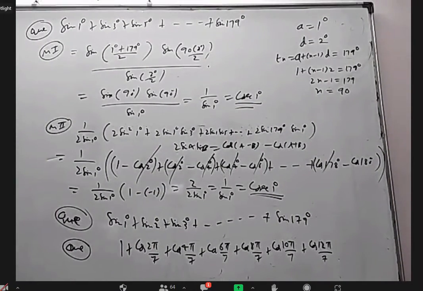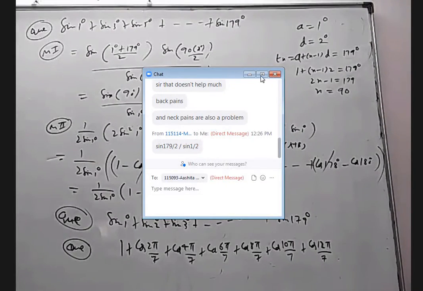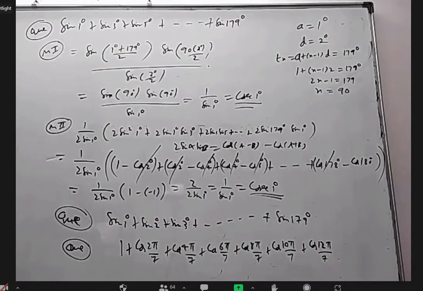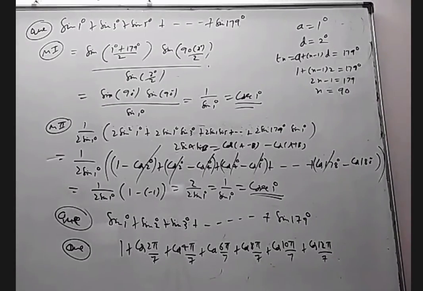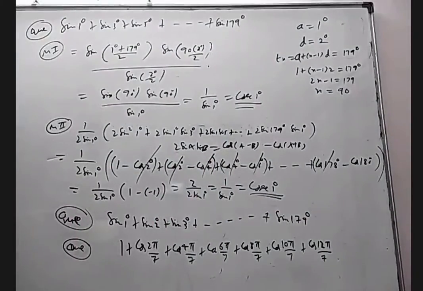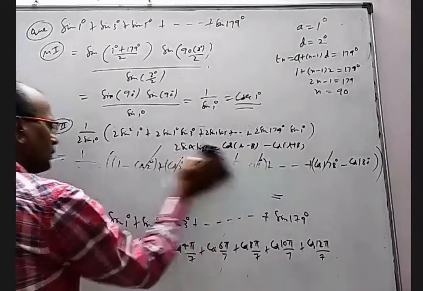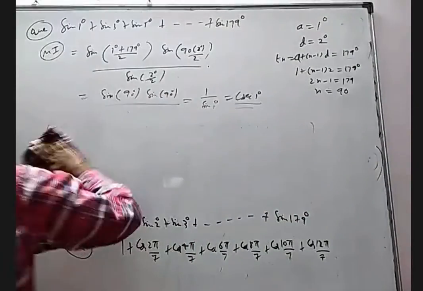Okay, what is the answer out of the two questions? The first one? Sir, I got root over 1 plus cos 1 degree by 1 minus cos 1 degree. First one. Why did the root come? Sir, first one, sine 179 by 2, sir. I applied the sine theta by 2 form.